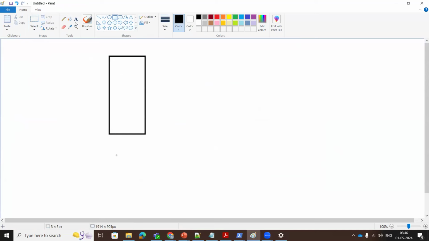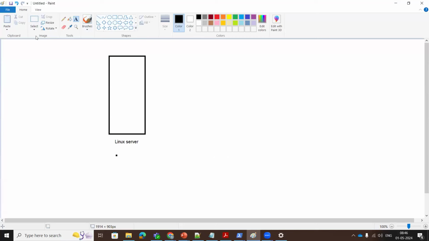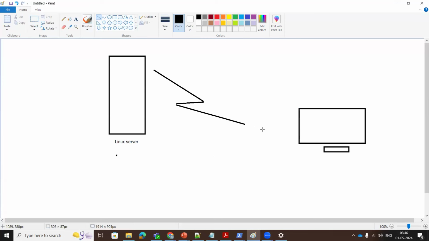Consider this is a Linux server, which is available on a cloud, and you are accessing it from your laptop. So how are you able to access it? You are able to connect to this server, which is hosted on a cloud,